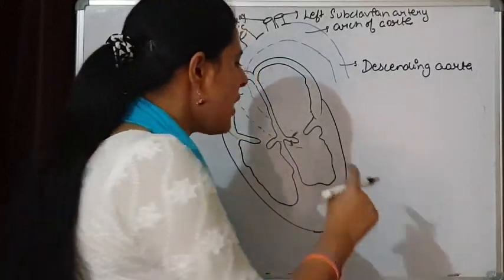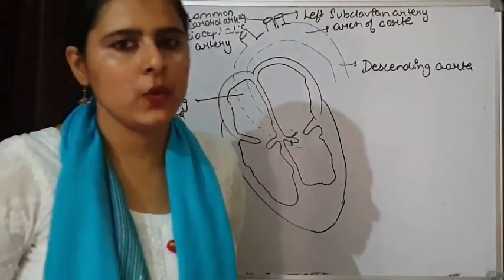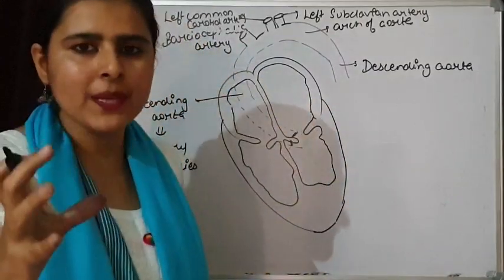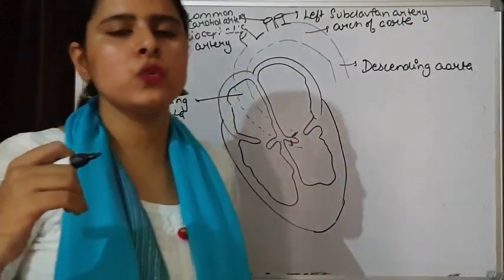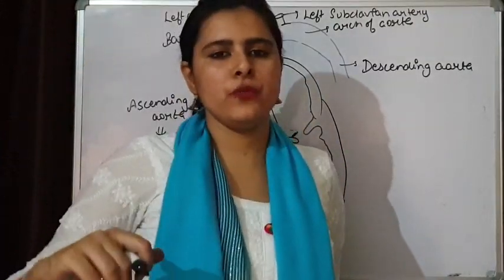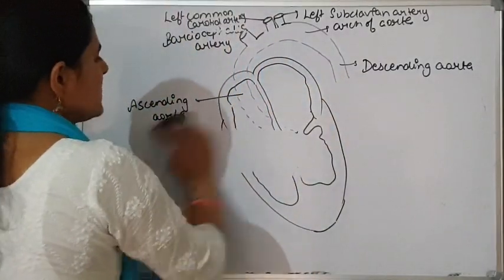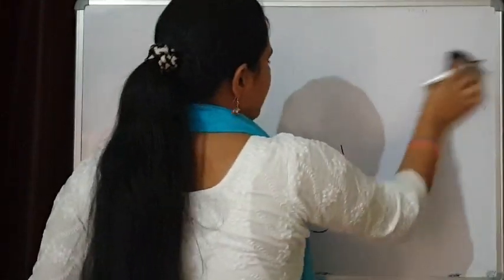This is how from the left ventricle blood is rising into the aorta. During the rising of the blood, the semilunar valves are going to open, and when blood enters, then semilunar valves are going to close to prevent the backflow of the blood. This is how heart is functioning and the structure of heart is appearing.